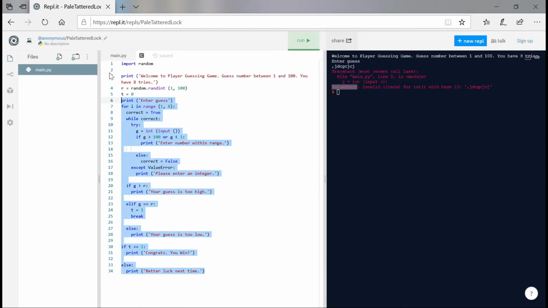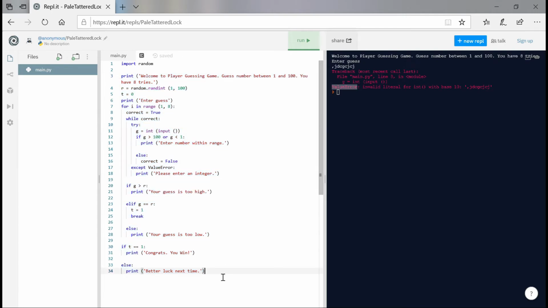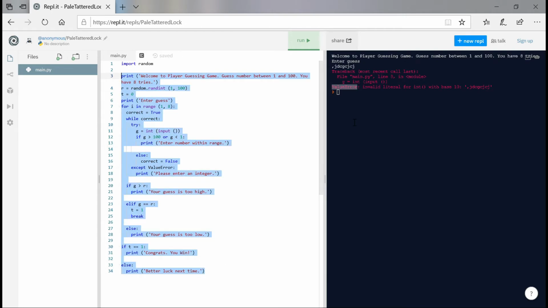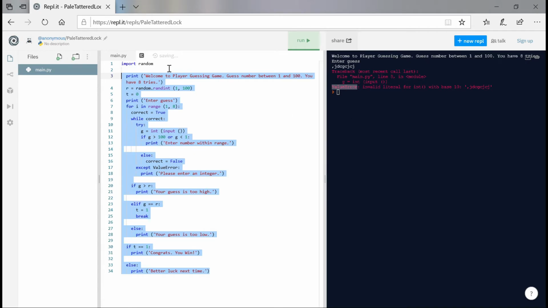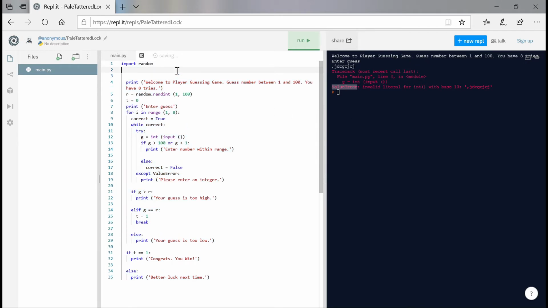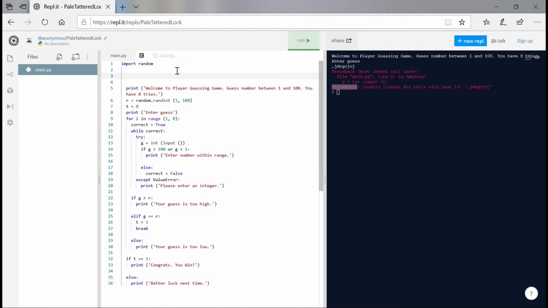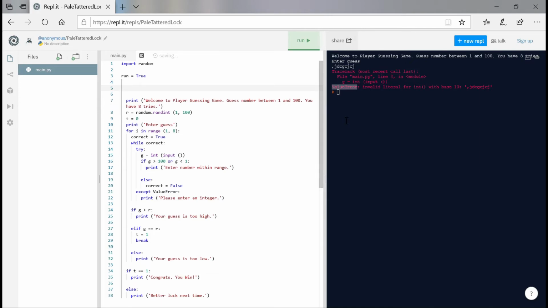How we can do that is to indent this entire piece of code. I'm just going to leave the welcome message and print that as well. So hit the tab, indent that, and in the straightly aligned region we're going to have the following piece of code. Run is equal to, again, the boolean value true, and we're going to say while run,